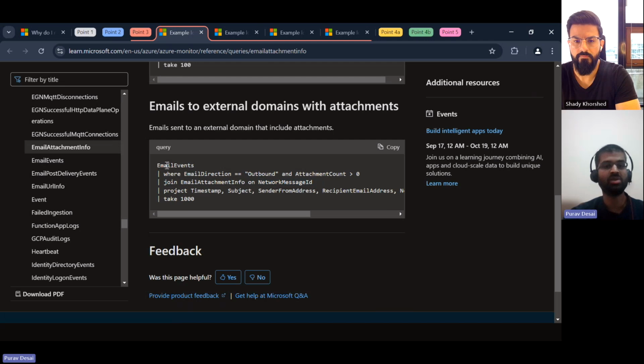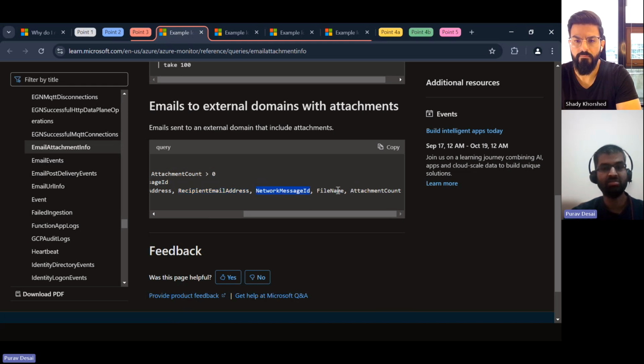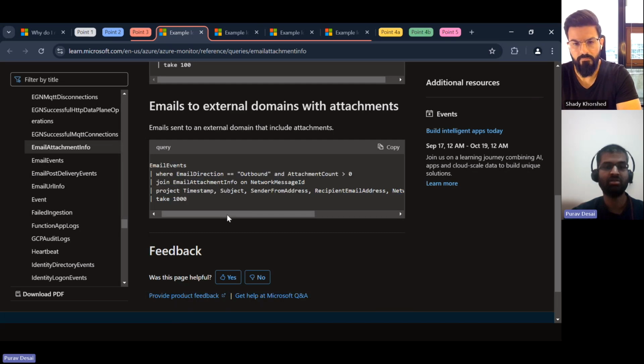So again, what this query is saying is show me the emails where this is leaving my organization and has an attachment. I'm then joining on the attachment table based on the message ID. Project is basically saying, give me only these columns. And the columns I want to see are the time when it was sent, the subject of the email, who sent it, who received it, the message ID, any files that were in the attachment, and how many attachments were attached to it, right? I haven't run this query because obviously that would be a bit sensitive, but in effect,